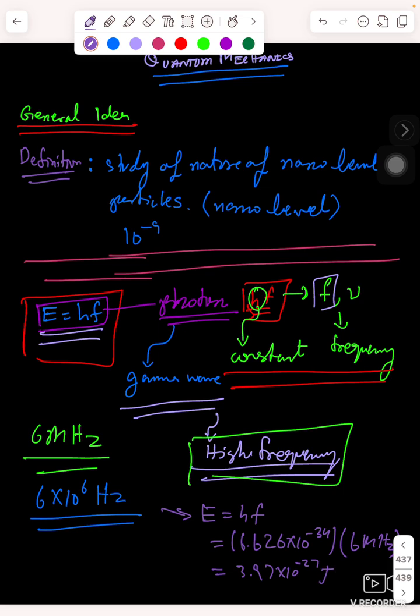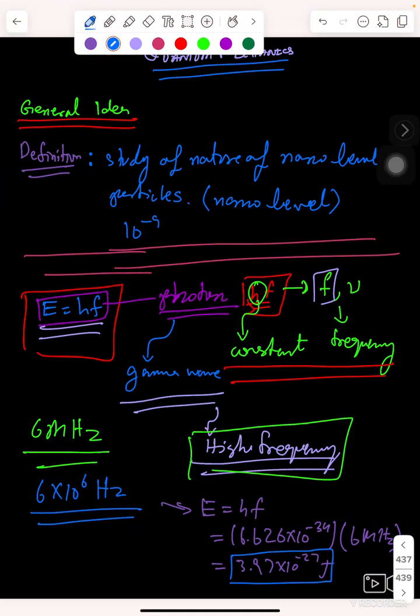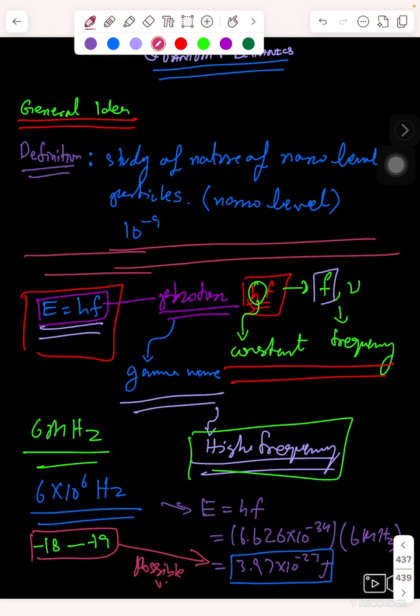Some people, even when I first looked at this value, I thought it's not possible for a photon to have this value, because whenever we do calculations, we generally get energy between 10 to the power minus 18 and minus 19. But it is possible for a photon to be this low. It's a possible value, so it's not a problem if we get this value. Now, this is the energy of